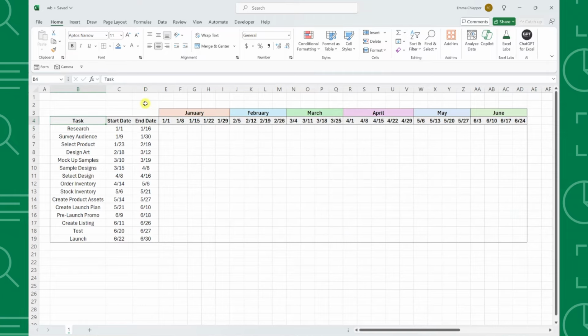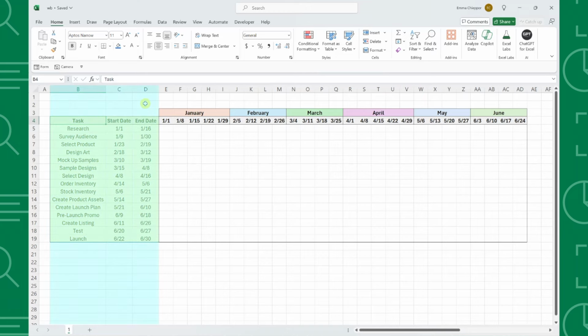To create a Gantt chart in Excel, first things first, you need to format the chart. All you need to do is list the project's tasks down a column with each task's start date and end date in the columns next to it. I already did this for this example for the sake of time, but as you can see here, I listed all of the tasks for our upcoming product launch, along with each task's start date and end date in columns